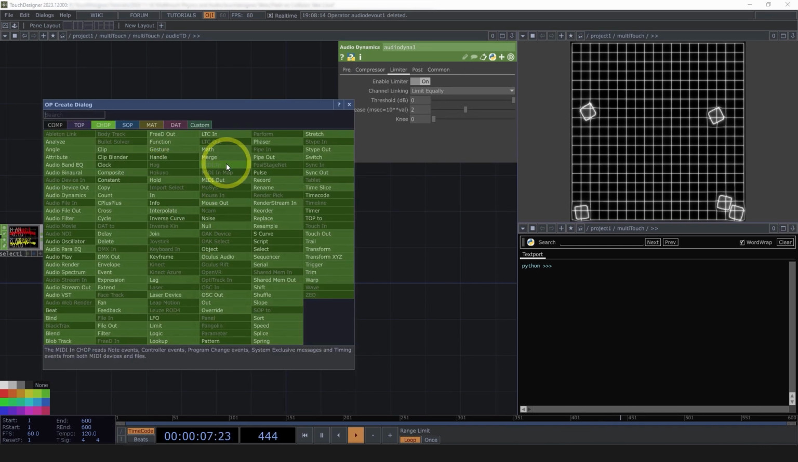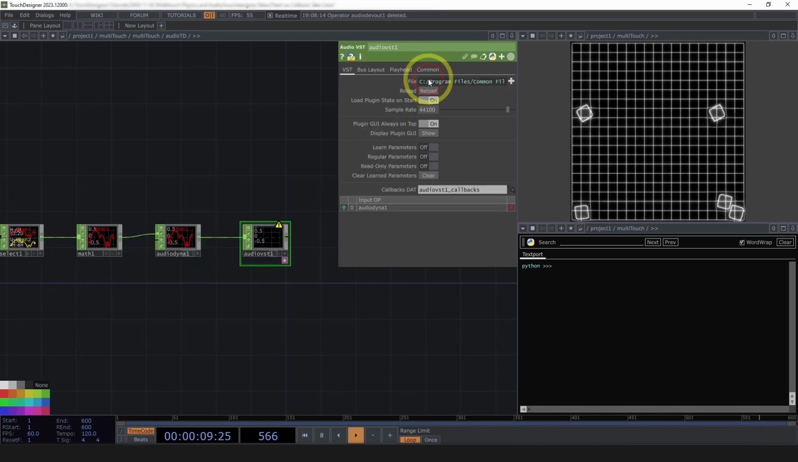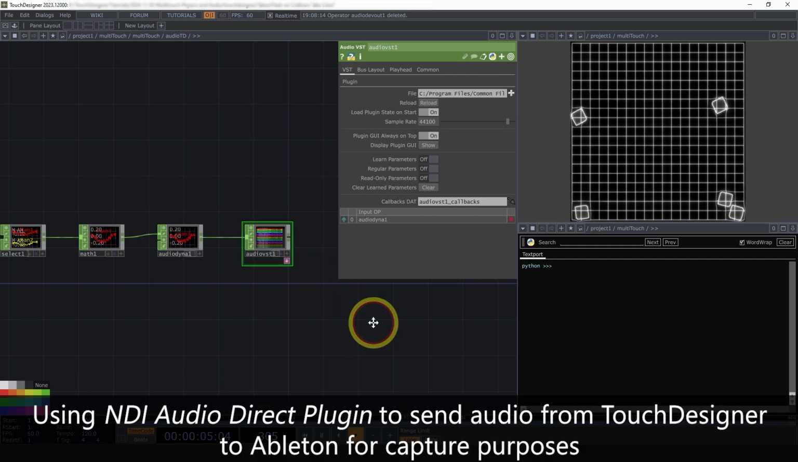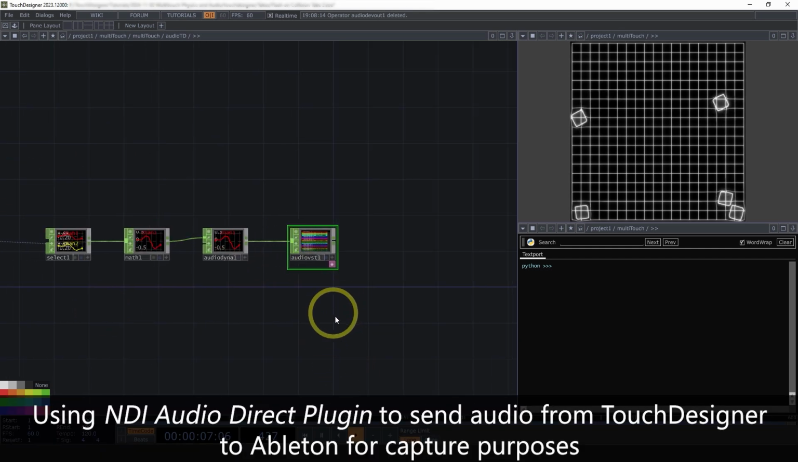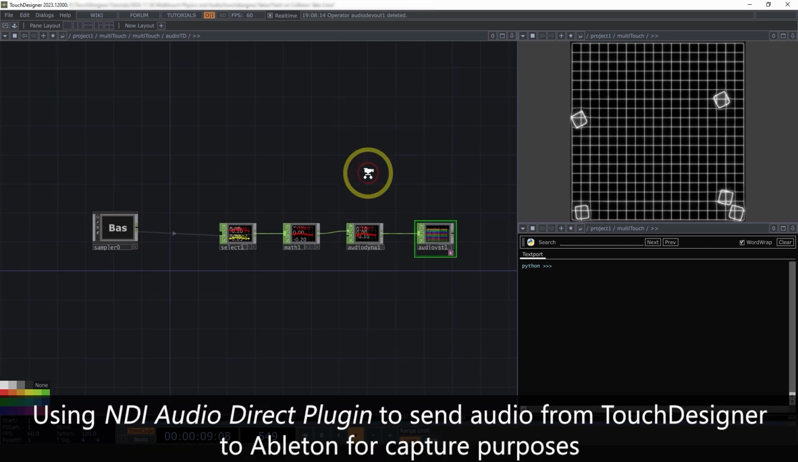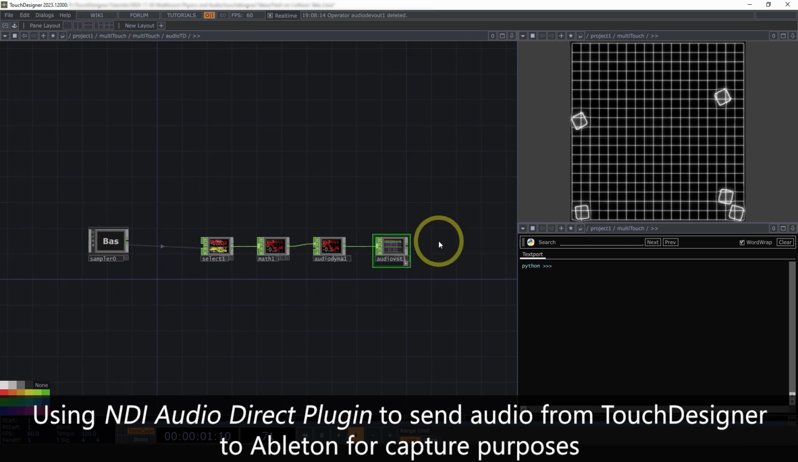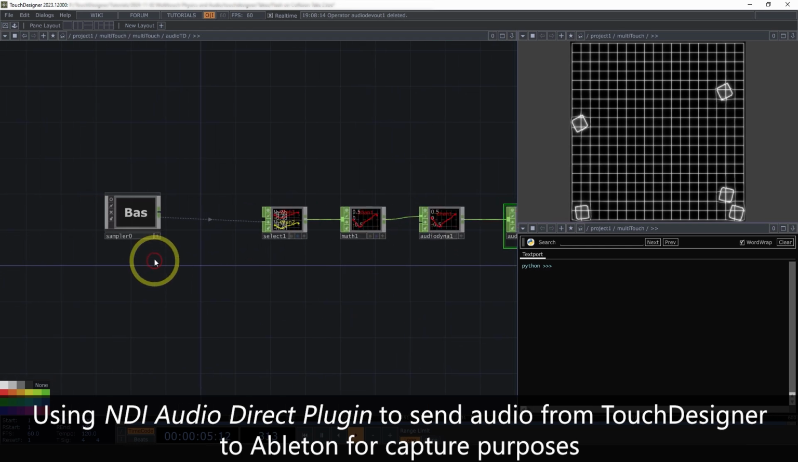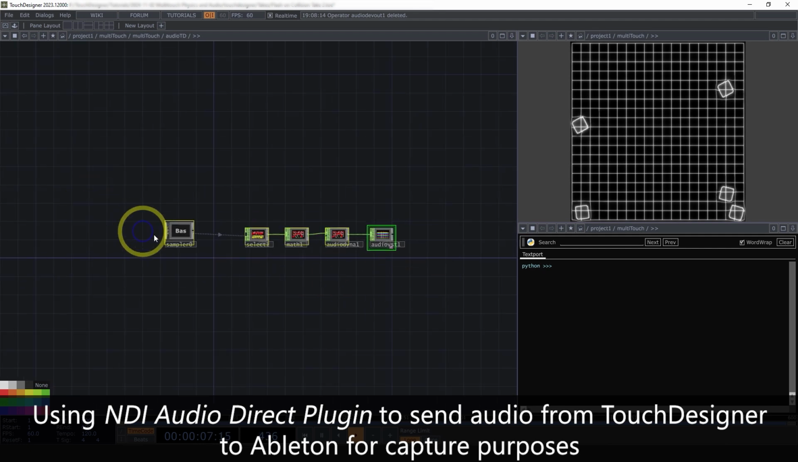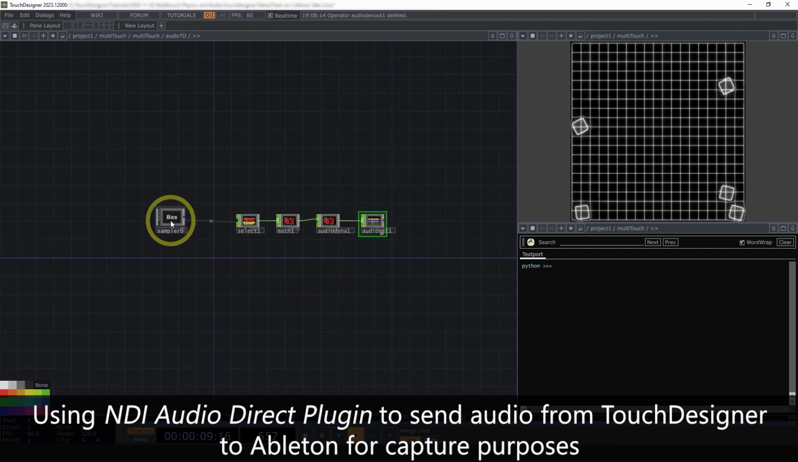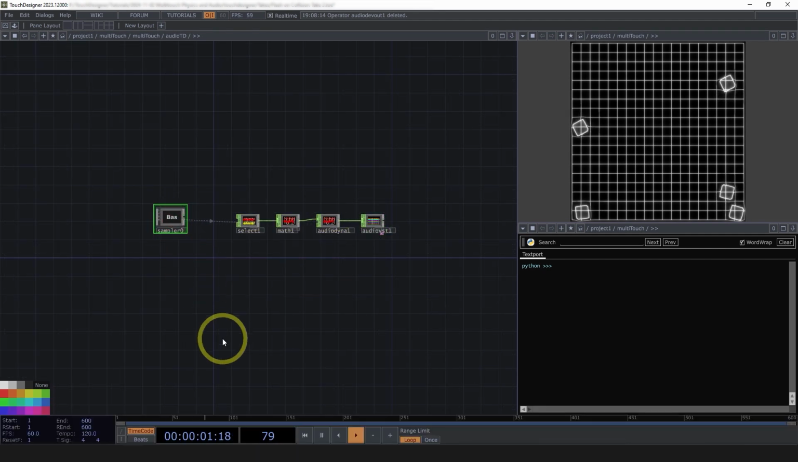I'm going to, for the sake of the tutorial, use an NDI VST. Very handy set of tools there that act as VSTs and let you route audio. Highly suggested. Cool. So from there, let's go ahead and